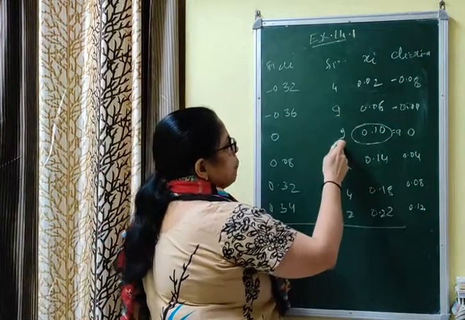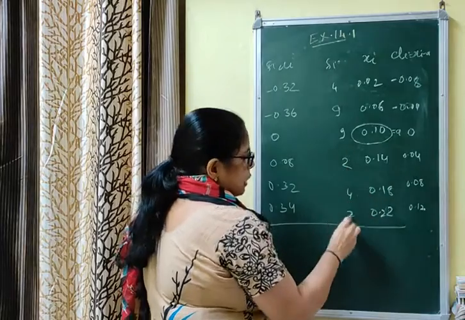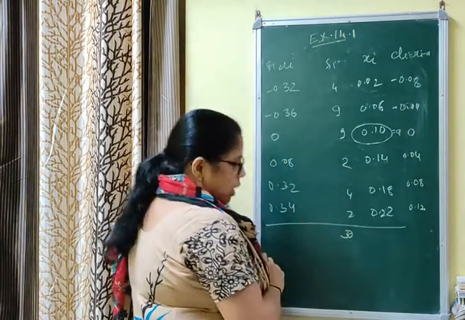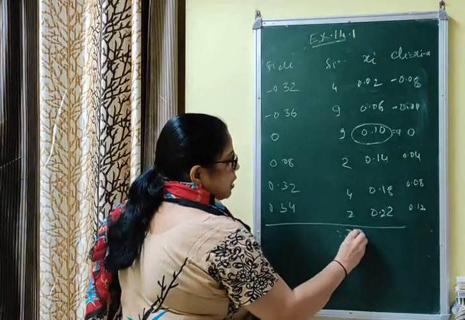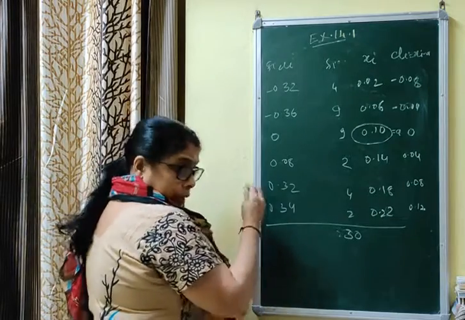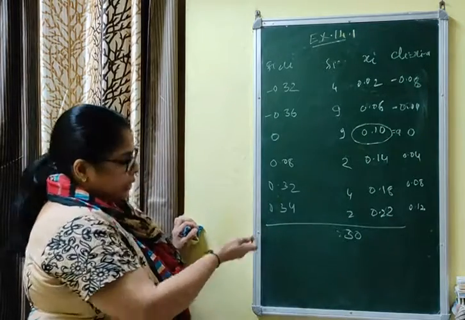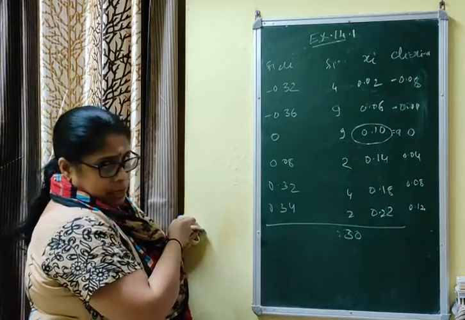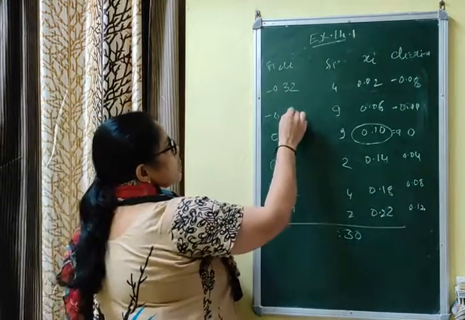Frequency 13 plus 9, 22, 24, 28, 30. That is the sum of frequency, and the sum of fi di. You have to write the total at the beginning, because I messed it up due to lack of space. You have to write the total on the left side. This is minus